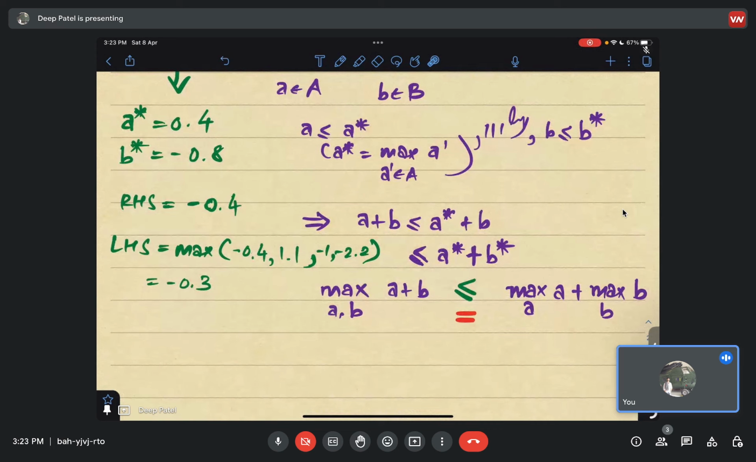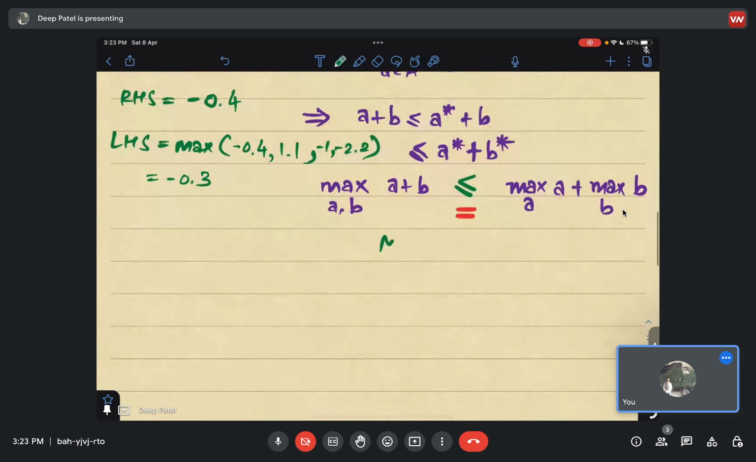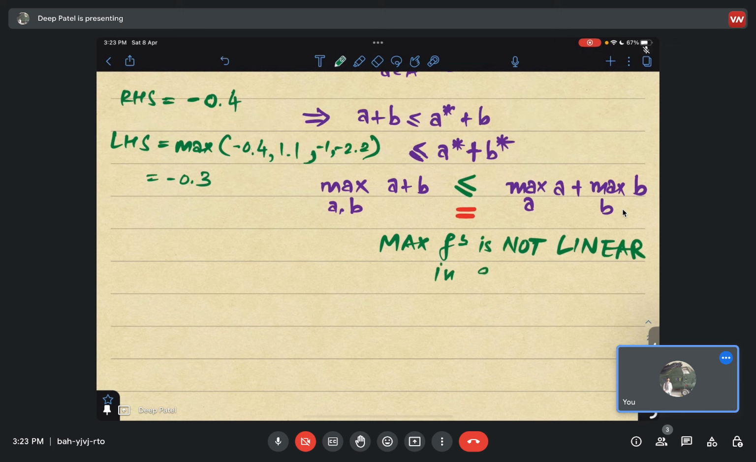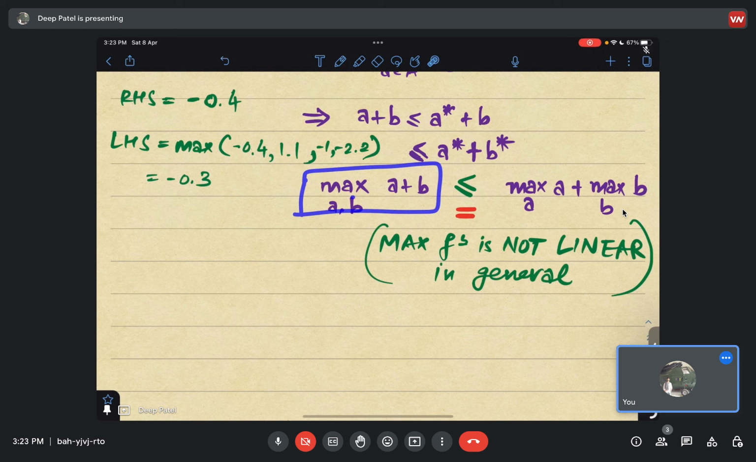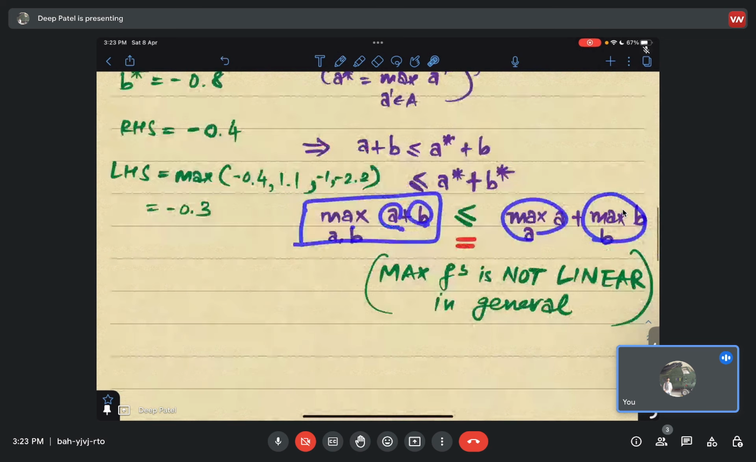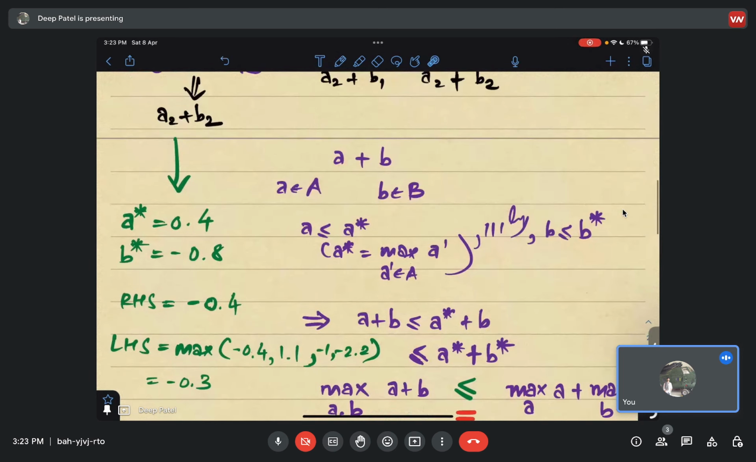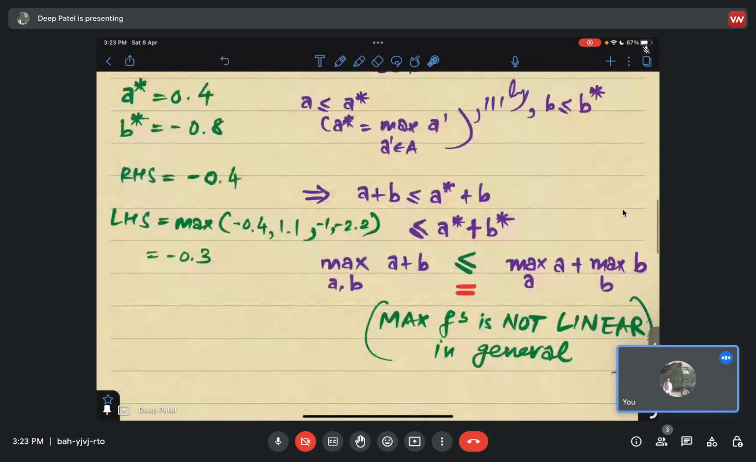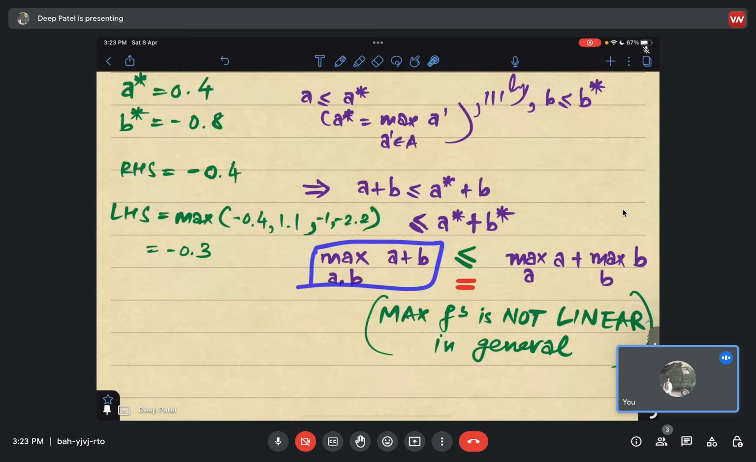So the point that I'm trying to make is the max function is not linear in general. Linear operation. So if I have a max here, max of function plus function doesn't mean that it's equal to max of function plus max of function. And that, as you would expect, comes because of these negative values. So like you were saying, the max value that I can take here,